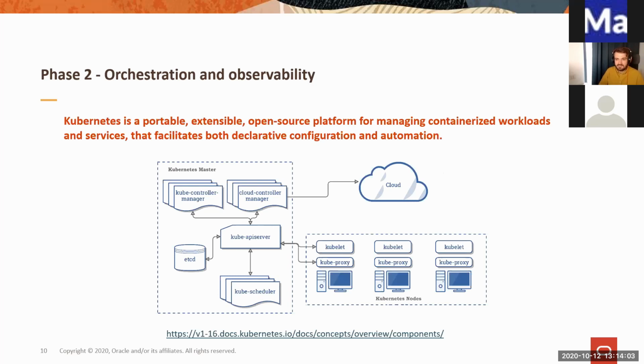So Kubernetes is a portable, extensible, open source platform for managing containerized workloads and services that facilitates both declarative configuration and automation, right? In Kubernetes, we are using configuration files that tell the container orchestration tool how to network between containers and where to store the logs. The orchestration tool schedules the deployment. So basically, Kubernetes is solving the problems we identified earlier.